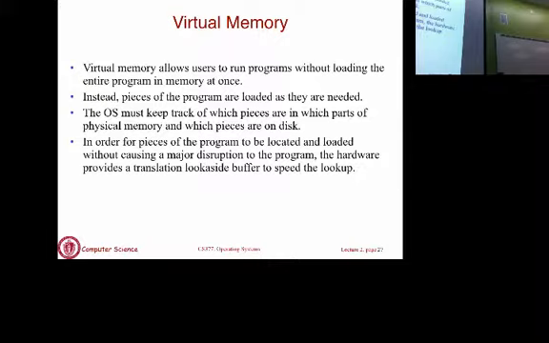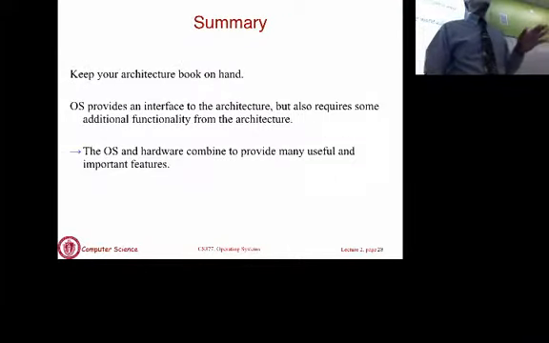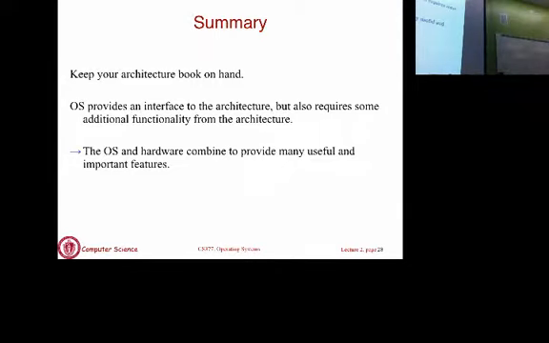Base and limit registers are the simplest form of hardware support. Typically, there will be a lot more, in the form of page tables and translation lookaside buffers, which are simply caches for page tables. I presume you've heard of TLBs in 230. I will come back to TLBs and caches when we talk about memory management. This was just a quick refresher for you to understand that there is a lot of underlying hardware support needed for the OS to implement its functionality.